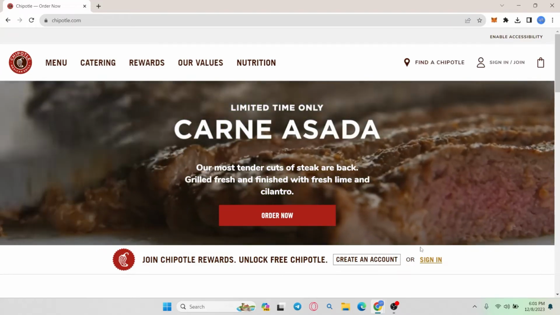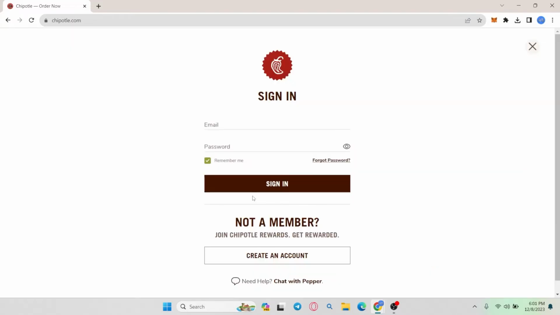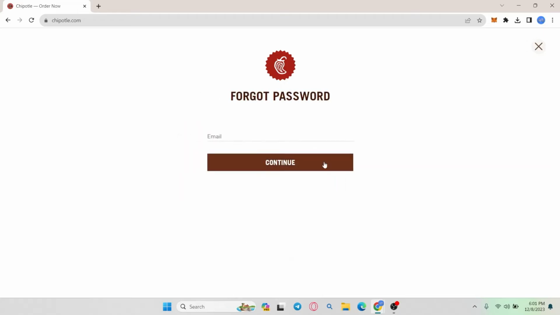If you have forgotten your password, click on the sign in button and you will be asked to enter your email address and your password. Now simply click on the forgot password button underneath the password box and you will be asked to enter your email address. Simply type in your email address that you used to open your Chipotle account and click on the